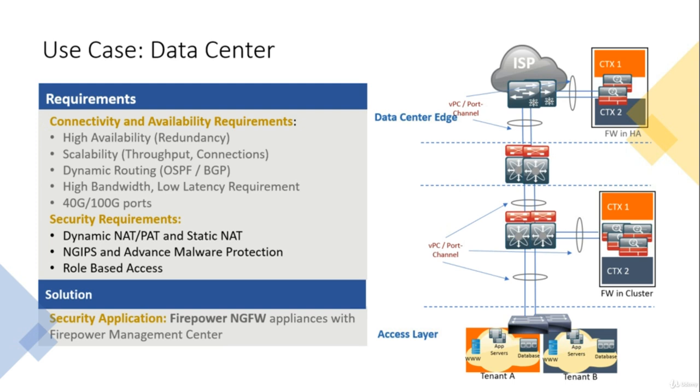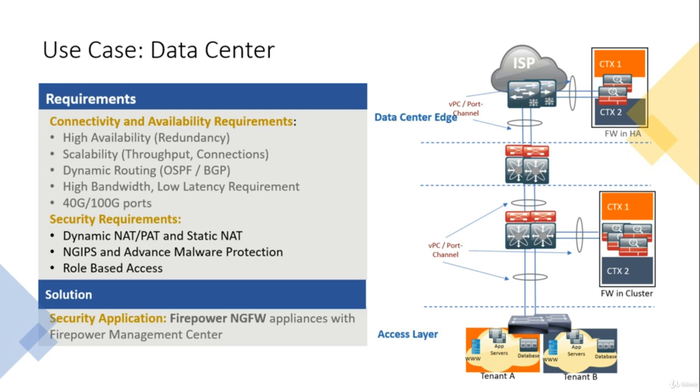This is one of the use cases or examples where the Firepower 4100 and Firepower 9300 running the ASA images can be positioned. Here, the ASA is deployed at the data center edge in high availability mode with two Firepower 4100 devices, so that it will act as an edge firewall in the single or multi-context mode to provide better security functionality. The network address translation, the port address translations, and the access control list, as well as the routing,